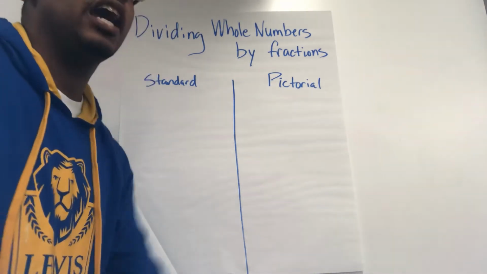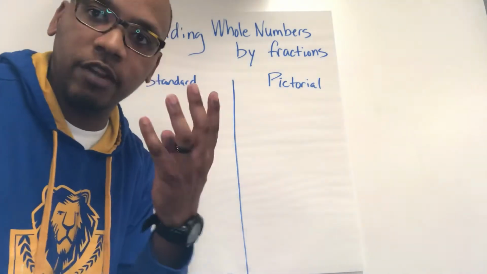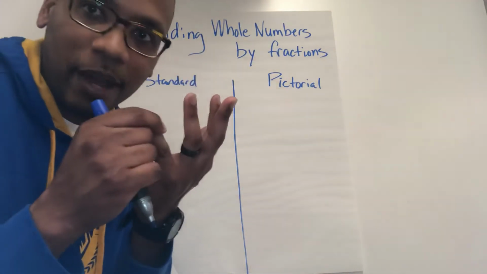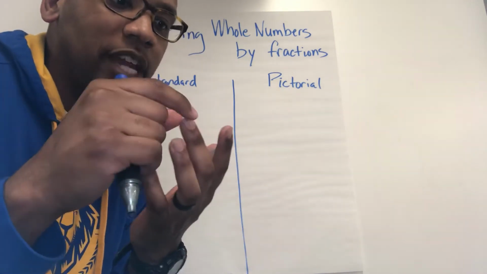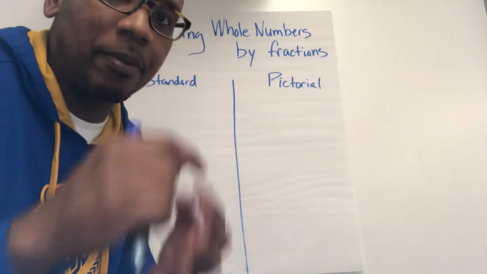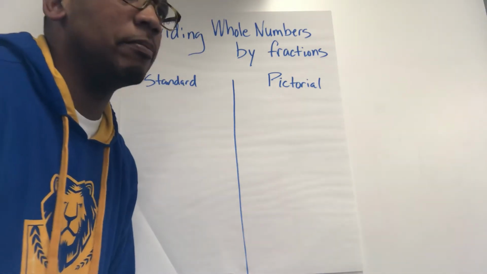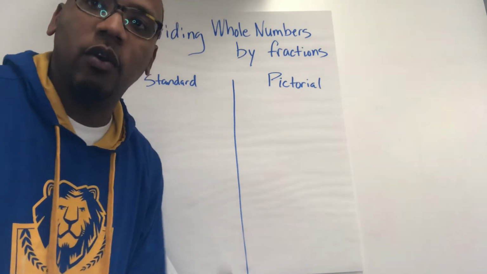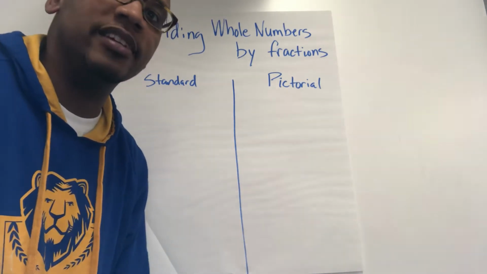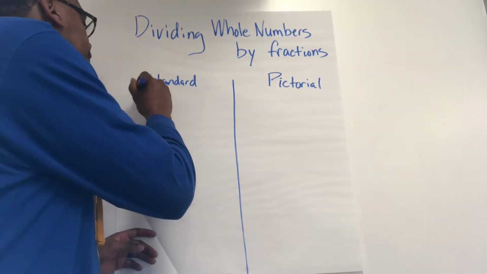This time I'm dividing whole numbers by fractions, which means my total in the division problem is a whole number. For instance, around Thanksgiving time, Mr. Traham goes to the House of Pies and buys 4 different pies. He might buy a cherry pie, a pecan pie, a sweet potato pie, and an apple pie. That's 4 pies. Now let's say I want to make 1/8 pieces out of them. If I want to find out how many 1/8 pieces are in those 4 pies, my total is 4 pies